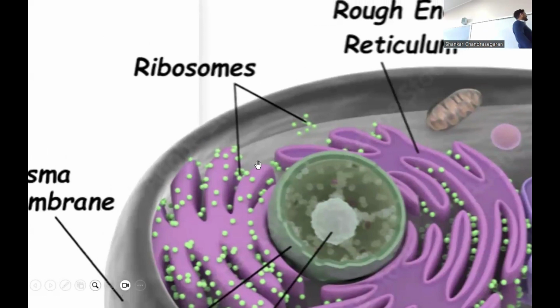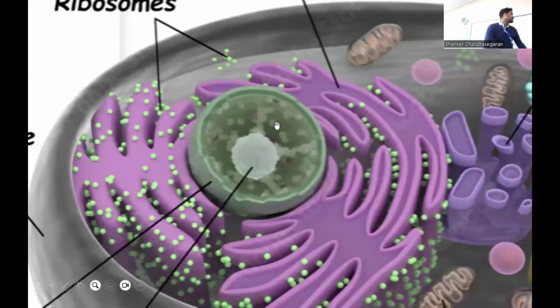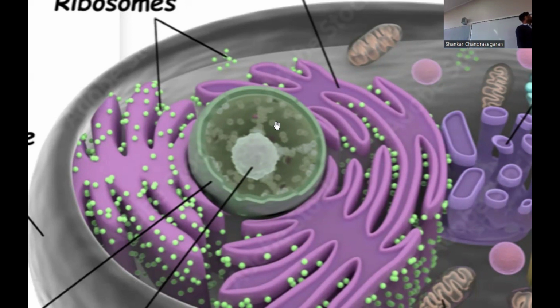Yes, the answer is ribosomes. The ribosome in the cell is the site of protein synthesis, and they're usually bound to this structure called the rough endoplasmic reticulum. So that's an idea you can link together right now: ribosomes are usually attached to the rough endoplasmic reticulum. They can also be found free floating in the cytoplasm, but a large concentration will be bound onto the rough